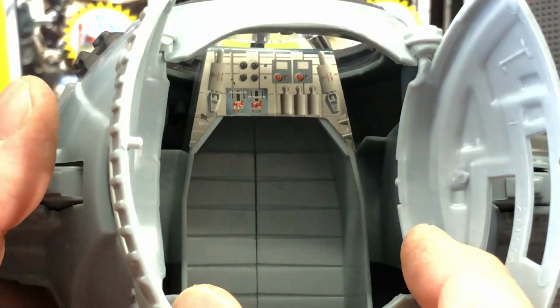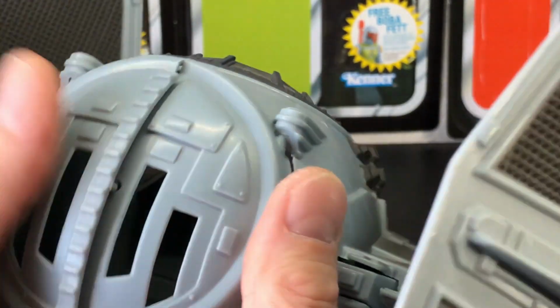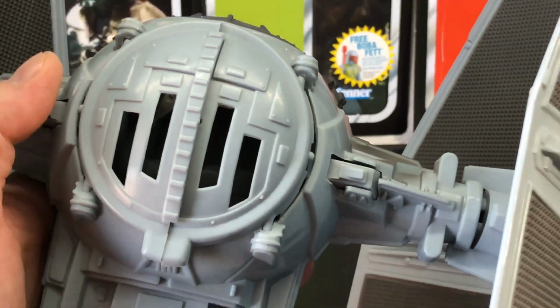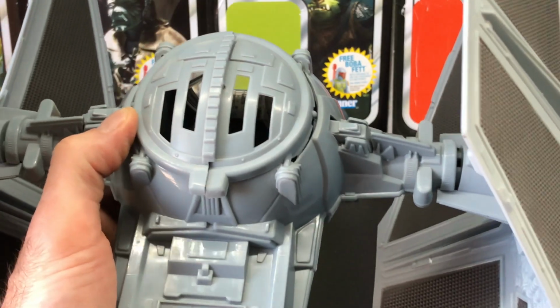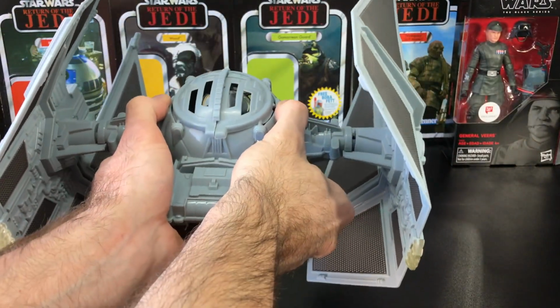Stickers right there. It was applied. These doors we're all familiar with, if we ever had one. Okay, same gimmick as the original. We have our buttons right here. There we go. Right here, and then